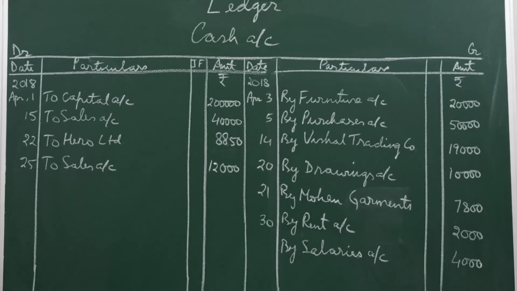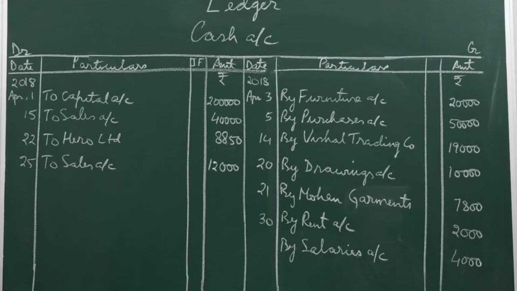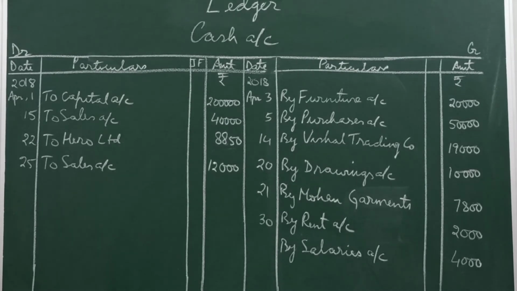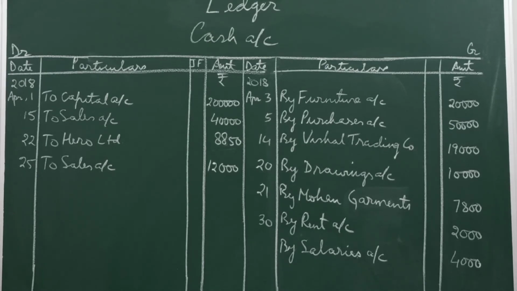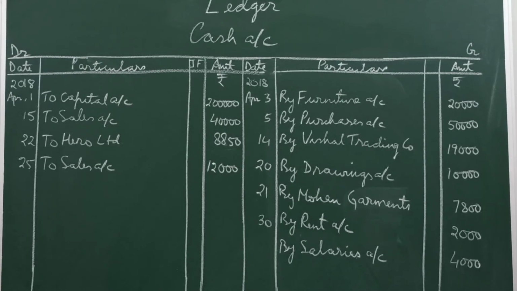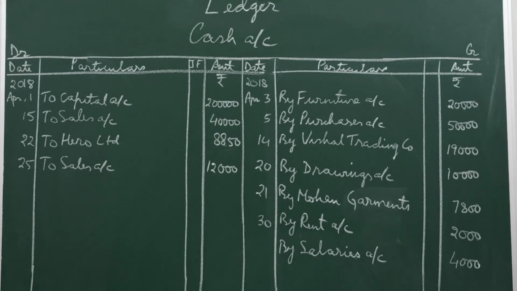So on the debit side, write 15th, cash is coming in, cash account debit to sales account. Cash is being debited, so it will be on the debit side to sales, because on the credit side we have sales with the amount of 40,000. Then we have next cash transaction on 20th, drawings account debit to cash account. So cash is going out of 10,000. On the credit side, 20th in the date column, by drawings account, so drawings account will be posted and the amount will be 10,000, not 14,000. So actual drawings in cash is 10,000.